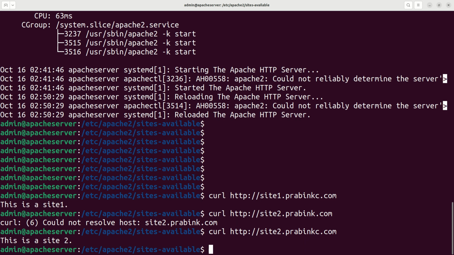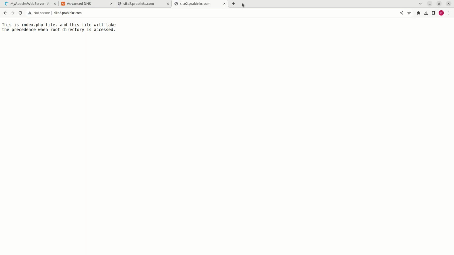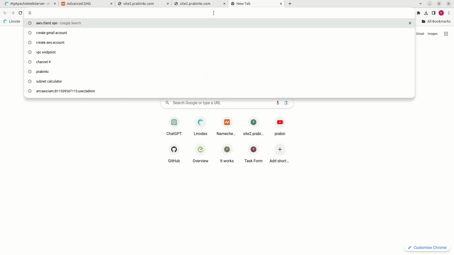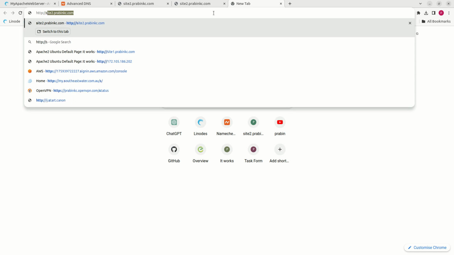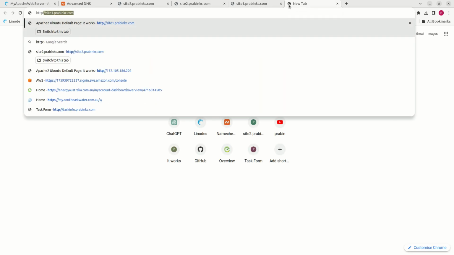That's amazing. So what we need to do now is access it from a browser. Let's go to our browser and let's try accessing site 1, http://site1.pravinkc.com. This is site 1. Let's access from here site 2, site2.pravinkc.com. This is site 2. So this is how we can leverage this configuration to host multiple sites. So this completes the configuration